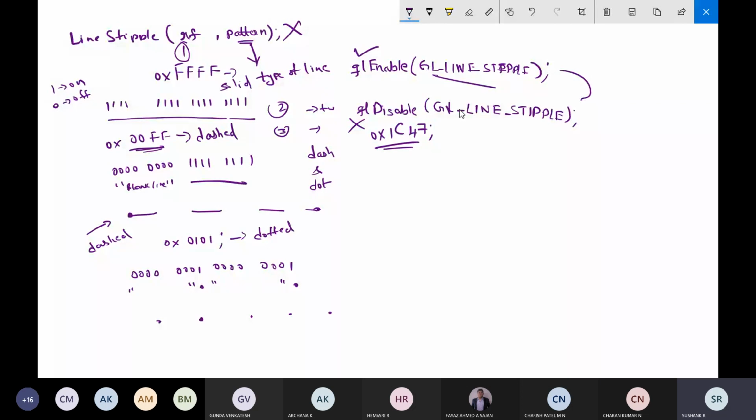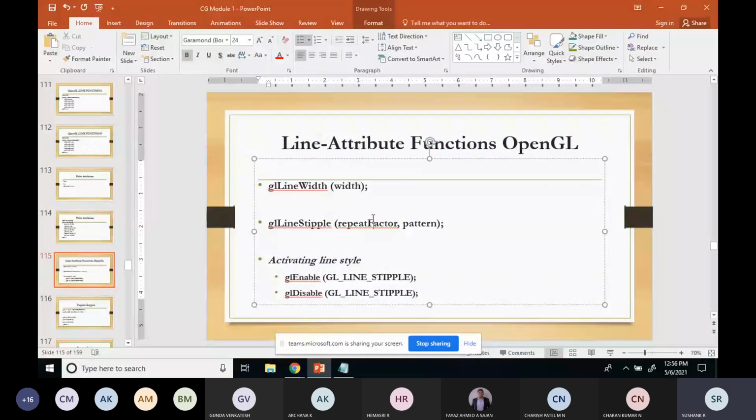You are multiplying the pattern through that repeat factor, that's all. Any doubt with respect to the repeat factor and the pattern? Yes or no?